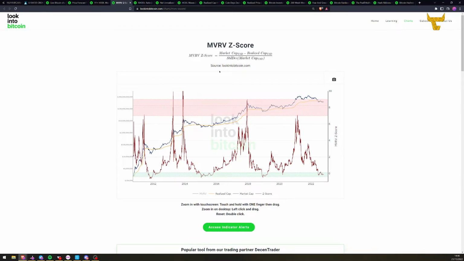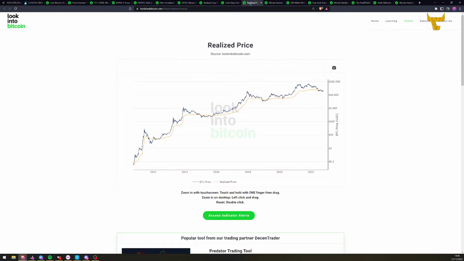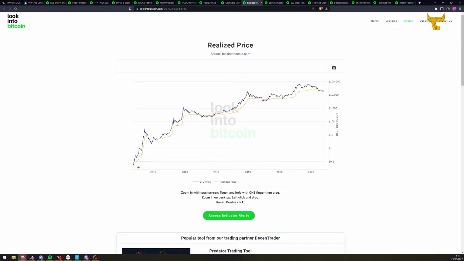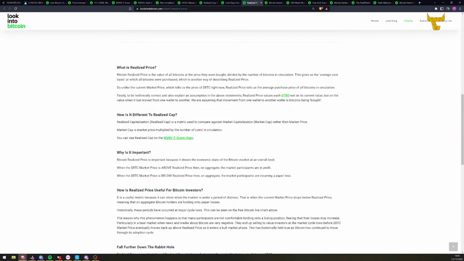MVRV Z-score. So which one is that? Market cap minus realized market cap. I think we have realized market cap somewhere else. Should start with that. It's a realized price. We have realized cap here. At realized price, I simply